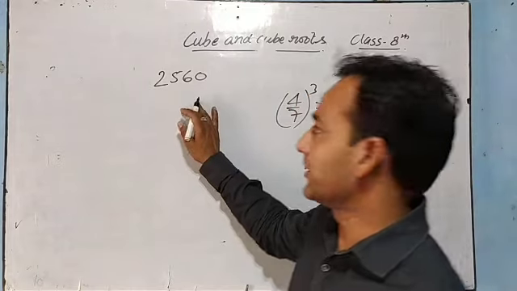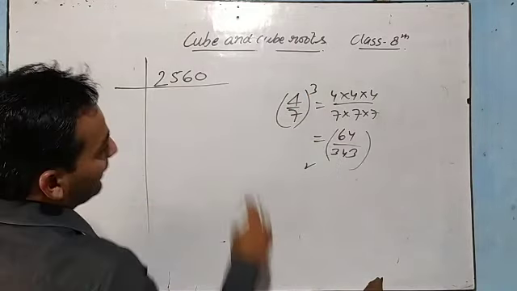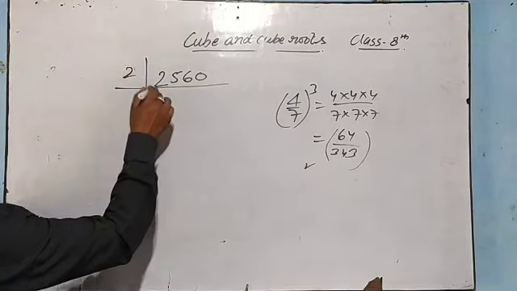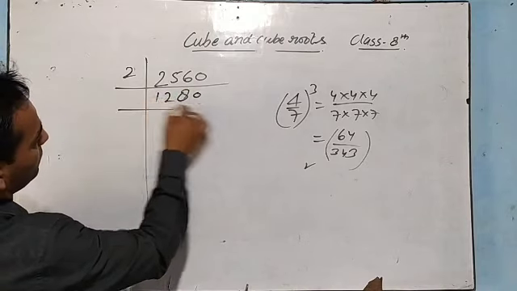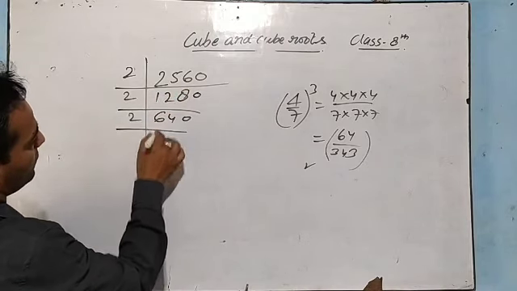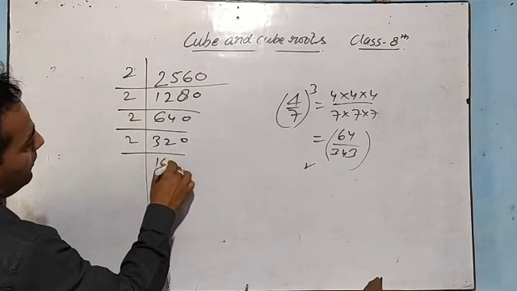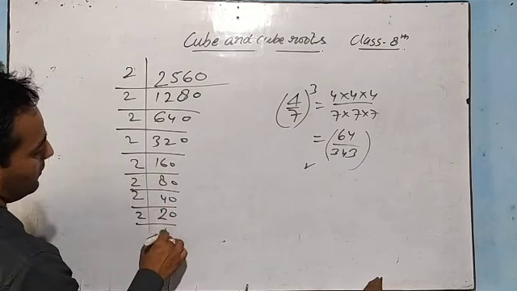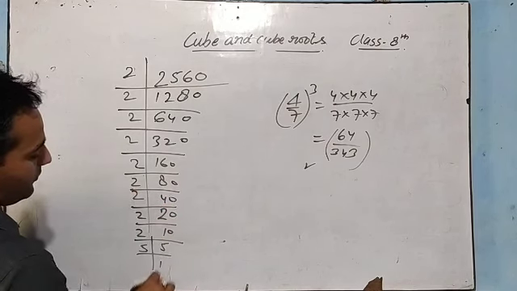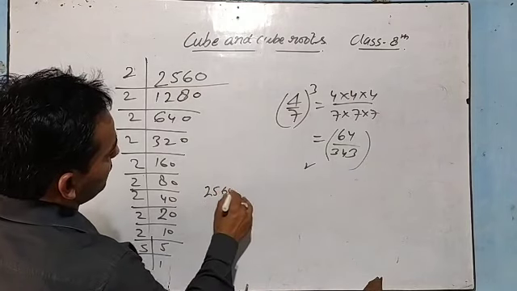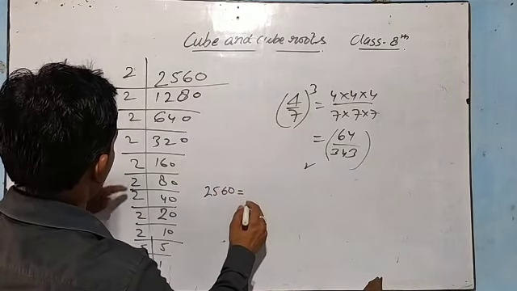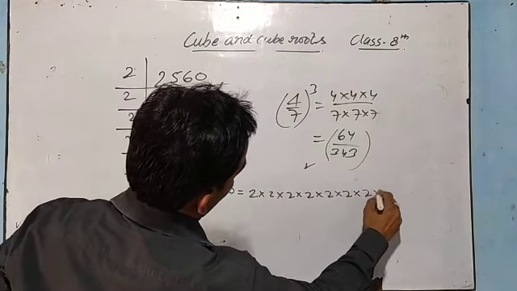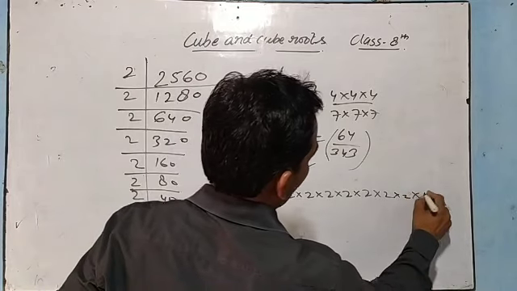2560, one number we have already been given. We have to check by which number this 2560 must be multiplied to make it a perfect cube. Listen. 2 1s are 2, 2 2s are 4, 2 8s are 16, 0. 2 6s are 12, 2 4s are 8, 2 3s are 6, 2 2s are 4, this 80, 40, 20, 10, 5 and 5 and 5. Okay. So 2560 means 9 times 2, and 1 5 is remaining.